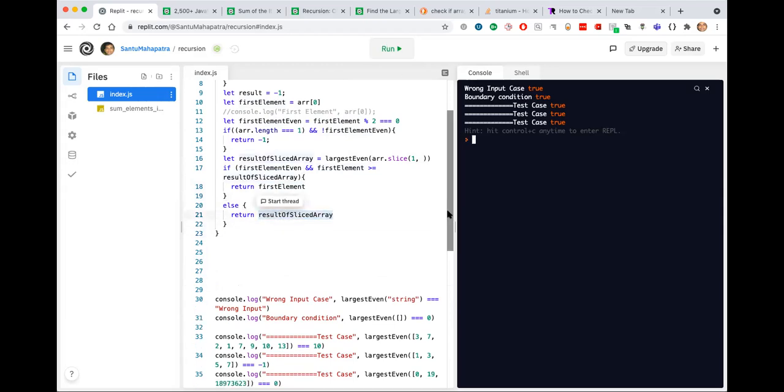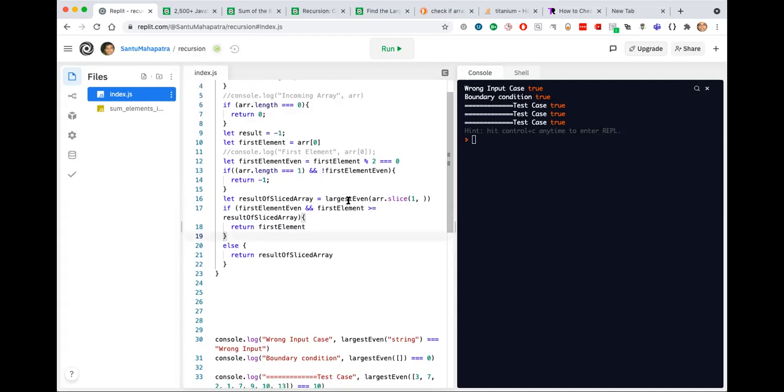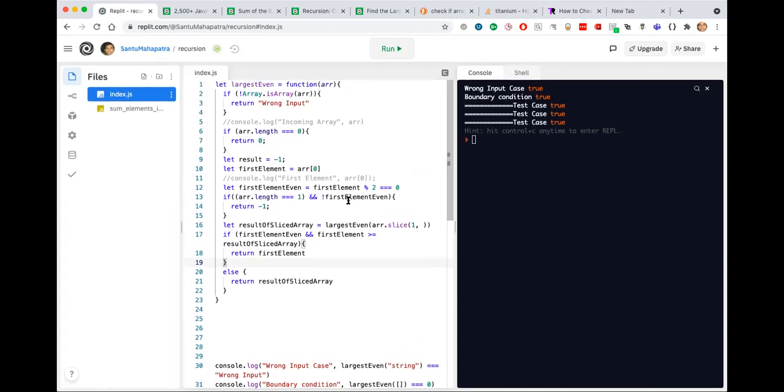Will this work? Yes, this works. So this is slightly improved. Can we improve this further, this logic? Don't think so, but try it if you can reduce the complexity of this logic.